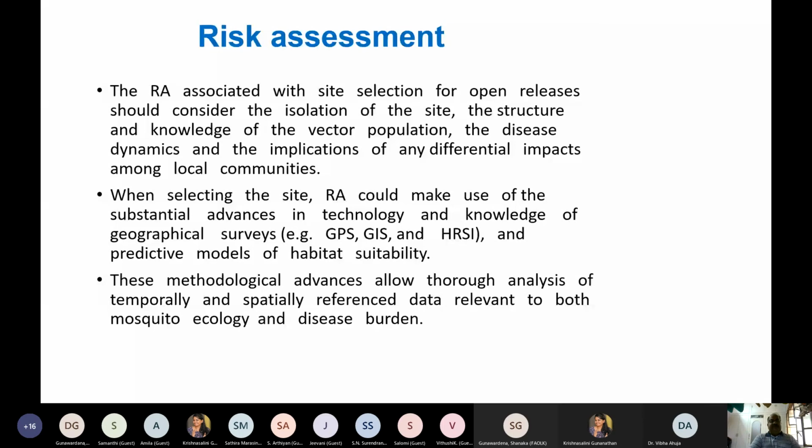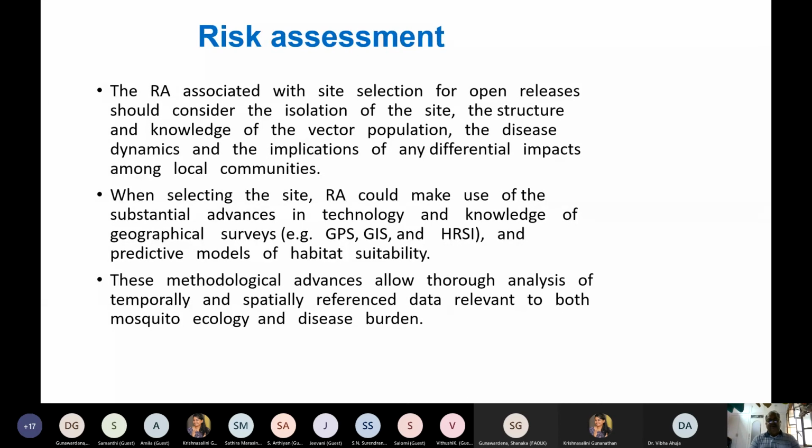So what is the risk assessment associated with the stage 3 testings? The risk assessment associated with the selection for open releases should consider the isolation of the site in terms of its structure and the knowledge of the vector population, the disease dynamics, and the implication of any differential impacts, that is, factors like climate and environment and other predators and chemical control programs going on in that area. When selecting the site,